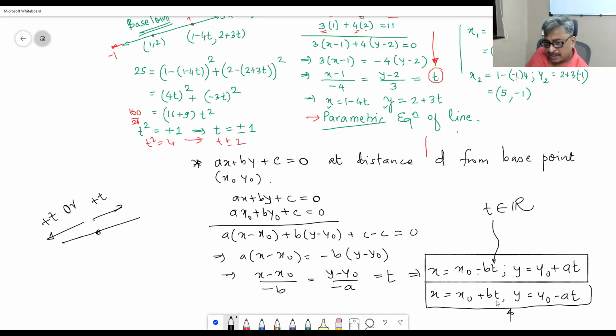And what will be the change? Why is this second true? If I give a minus sign here and a plus sign here, then this will be plus, this will be minus. Anyway, I think I had written minus wrongly here. Now it is correct. So now if I cross multiply, x is equal to x naught plus bt, y is equal to y naught minus at. So changing the plus sign or minus sign, this side LHS or RHS, will give you this, but it does not matter because t is bound to take all real values and therefore plus as well as minus are incorporated.